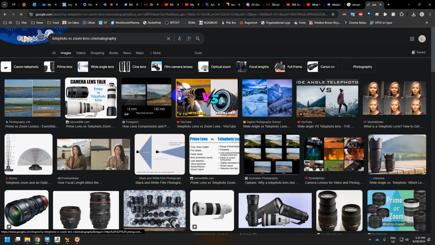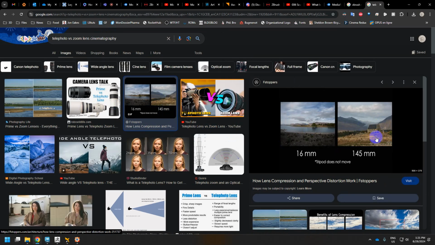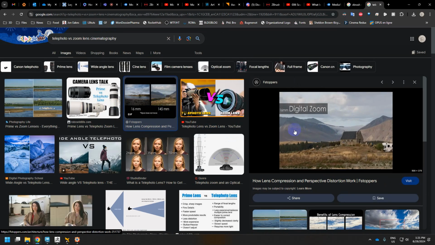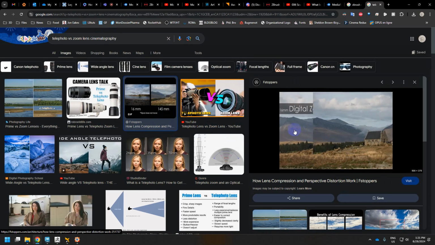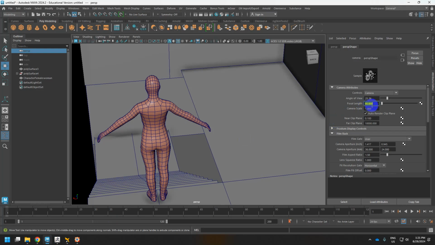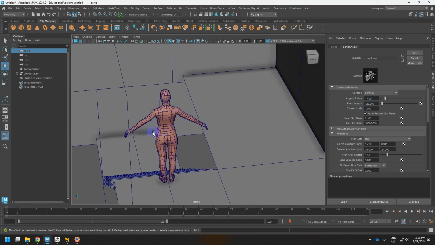So I'll just take a look at this kind of quickly. There's 145, and it zooms in too. The higher the millimeters of the lens, the more zoomed in you are. So if you want a wider shot but with a telephoto, you'll just move the lens way back. That's another reason why, if I want this really cramped feeling space,